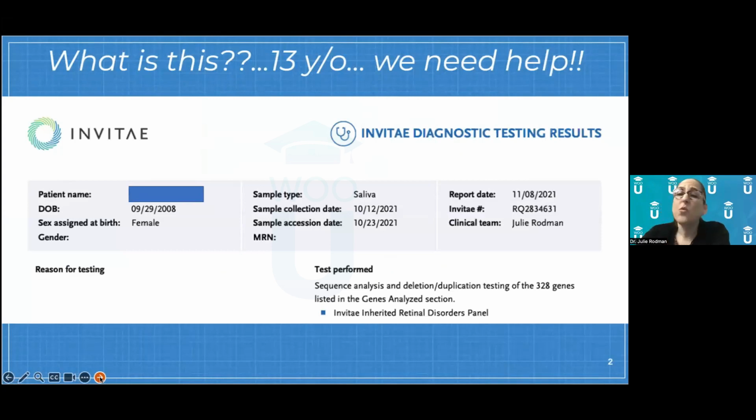So we said, we're going to send this patient out for some genetic testing, because instead of just saying, oh, you have cone dystrophy, which she certainly looked like she had, we wanted to confirm. So we used a saliva test. You can do it in the clinic. It's actually not very enticing to use. You have a patient spit into a test tube, and then we send the test tube into the company, and they run a lot of genetic testing for us and send us back a report.